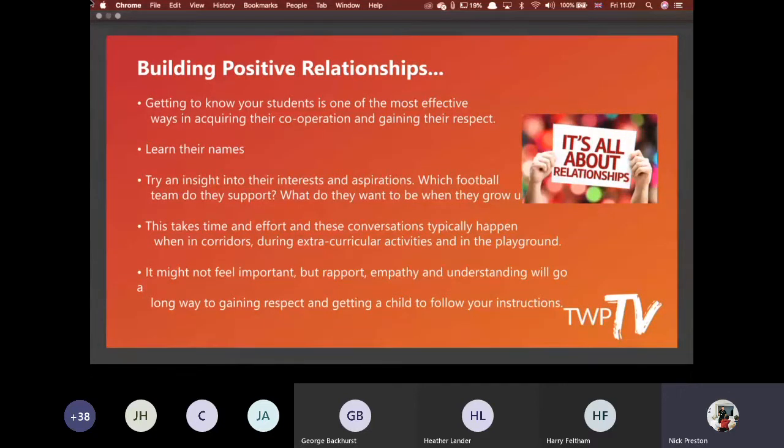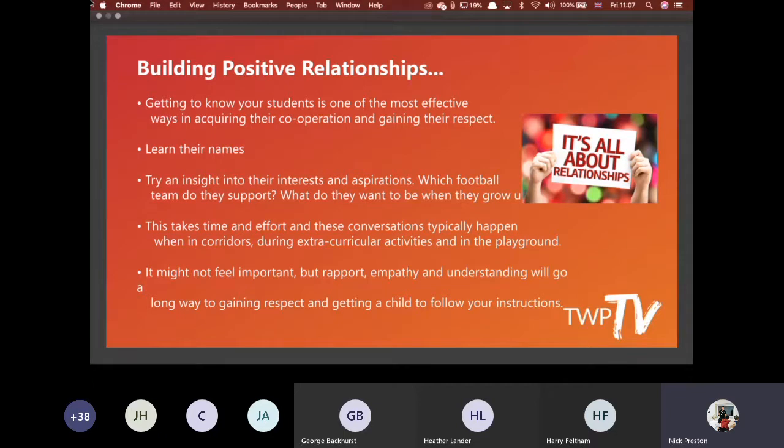Learning your children's names is a massive one. When I teach courses, it's one thing I really highlight and focus on in the first half hour. I'll draw my table plan of where everybody is in the session and write their names where they're sitting, because it's so powerful to have engagement through somebody's name instead of saying, "Oh, you person in the Tottenham kit, can you come here?" You're not going to get anything from that. So it's really important that you learn their names and treat them with the same respect you want to receive back.